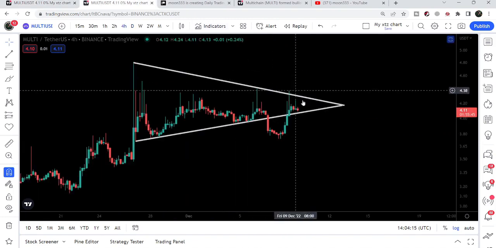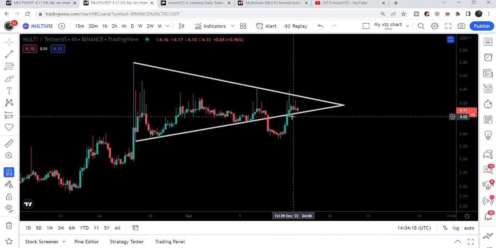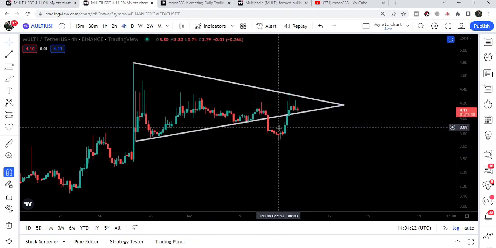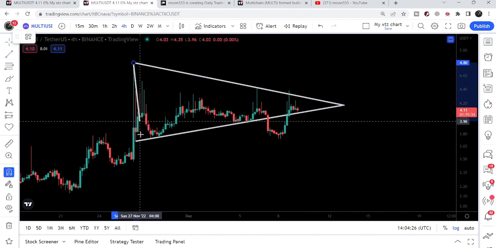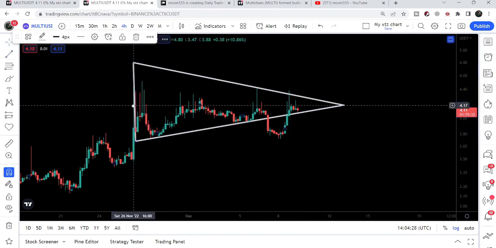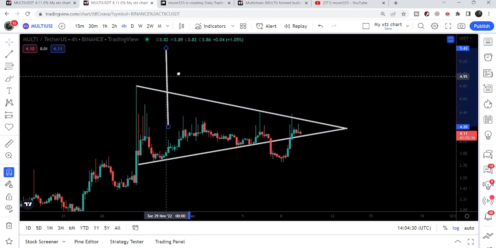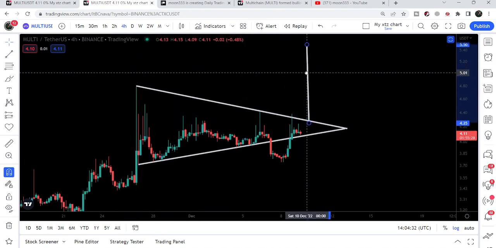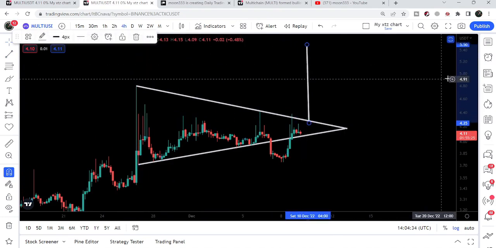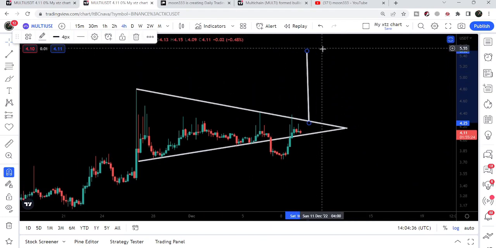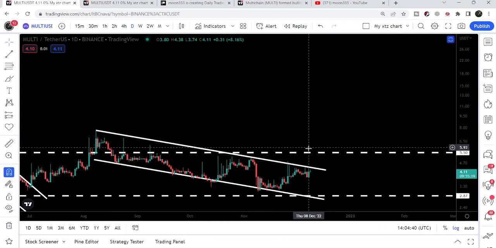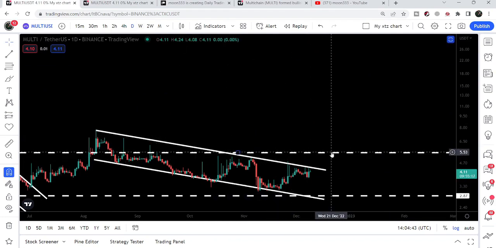On the smaller time frame chart, recently we broke down the support of the triangle a few hours back, but that was a fake out to the downside, and the price line has re-entered the same symmetrical triangle. Now, for example, if the price line breaks out the resistance of this triangle, that will be a very significant breakout, because you can see it is showing us the projection or the target for this triangle after the breakout at $5.50, and if it goes there, then it can also hit this key resistance we exactly have here at $5.50,